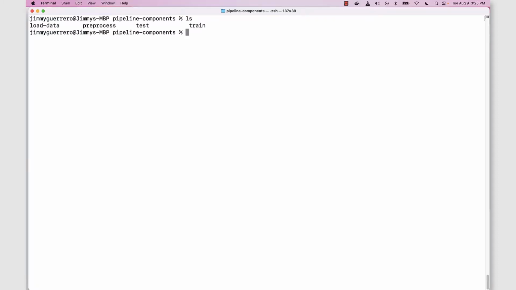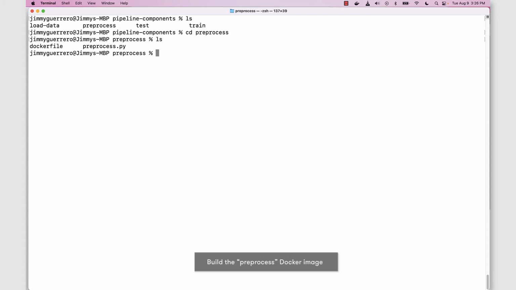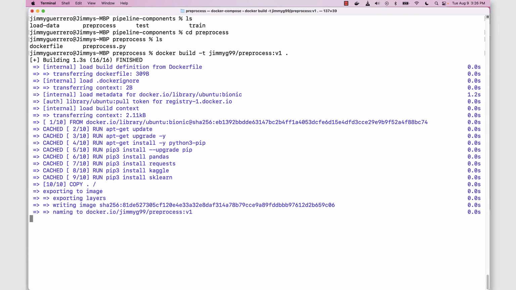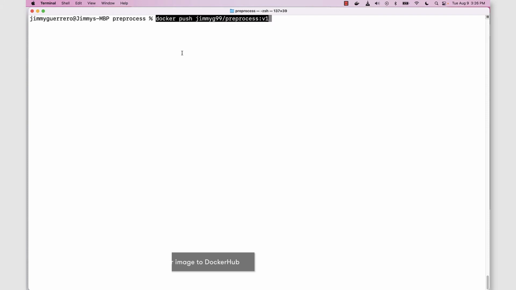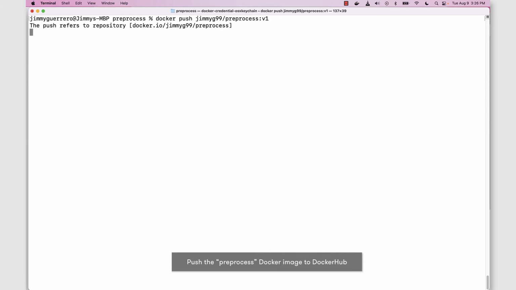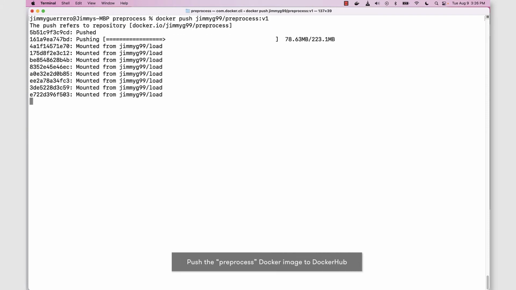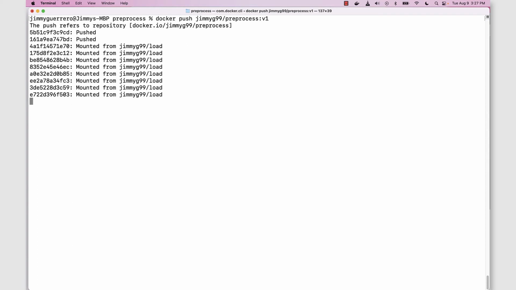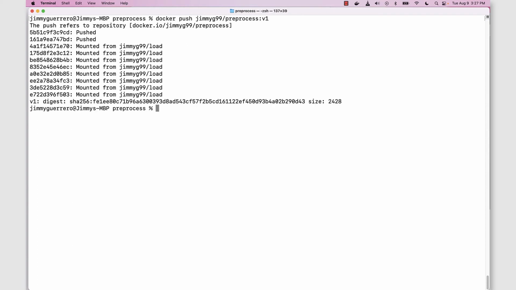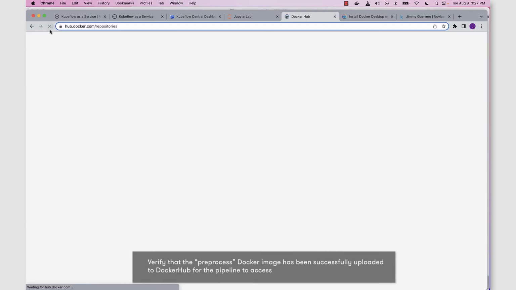Navigate into the preprocess directory locally. And then from here, again, we're going to want to use the Docker build command to build our Docker image off of that py file. Once that's done, we want to then use Docker push to push that image up onto Docker Hub. And once completed, we can head back over to Docker Hub, refresh our repositories view, and you can see the